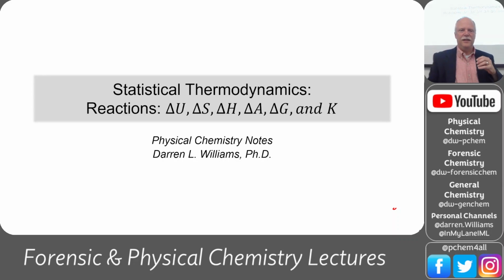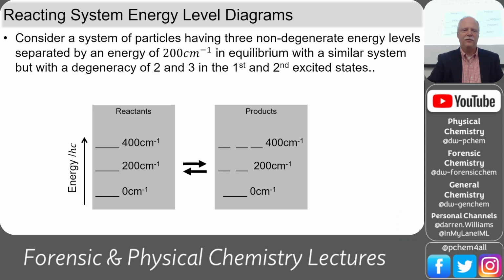All right, so today we're going to finish the equilibrium constant part. Last time we did the first half of this reaction, where we did the reactants part, and we started talking about the products. We considered a system of having three levels, each spaced by 200 wave numbers,